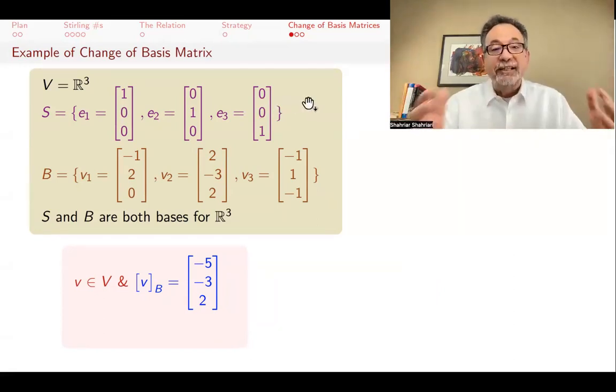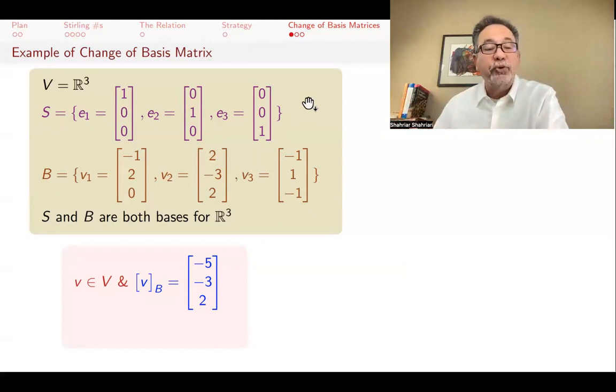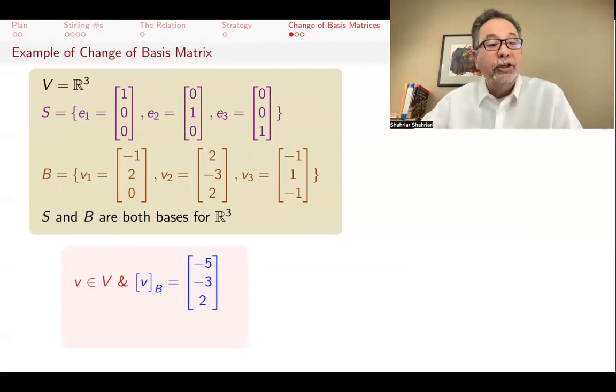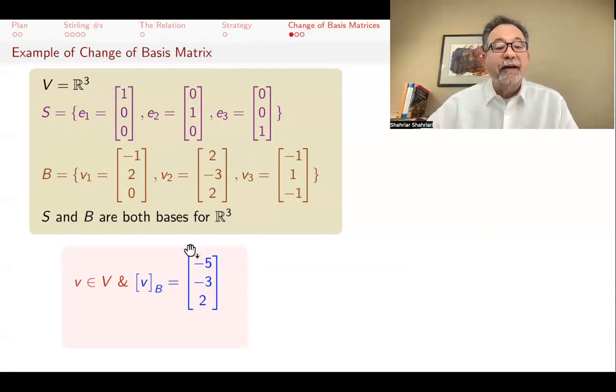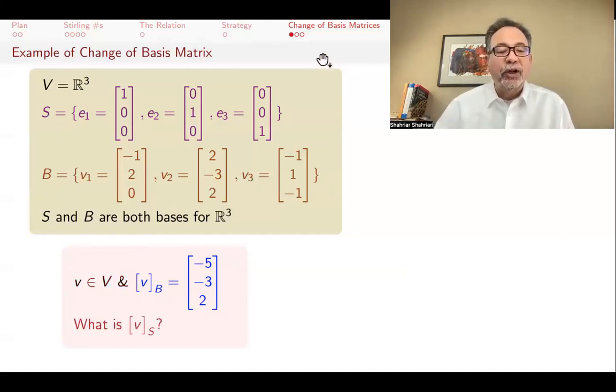And because they're scaling these, and then you add them, you get the (0, 3, 5, 2). That's giving you the coordinates, the 352, then it's the coordinates of that point with respect to the standard basis. Now, -5, -3, 2 is also coordinates, but in terms of B. And what I want to know is, okay, if that's the case, then what is the coordinates of V